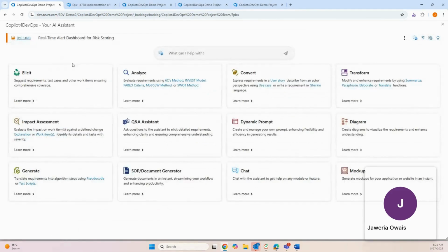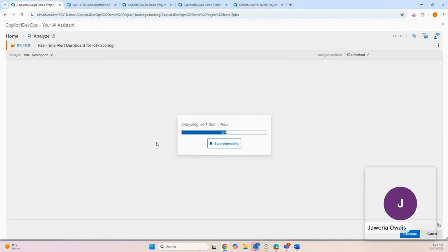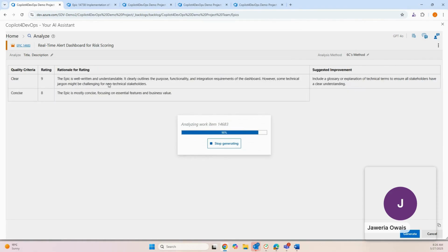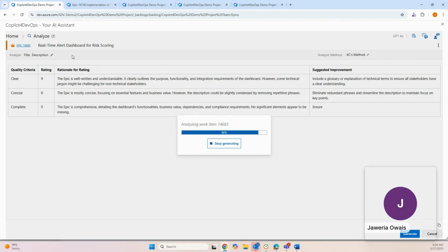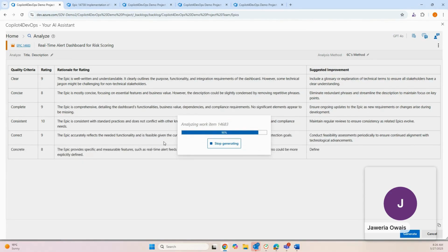And as we have created certain requirements using the Elicit feature as well as the chat feature, if you'd like to assess the quality of the requirements that you've just built out, the Analyze feature uses the 6 Cs and SWOT frameworks to automatically evaluate requirements quality. These are some of the analysis methods that we have currently added to our system. I'll go with 6 Cs, and the system will start analyzing my work item,